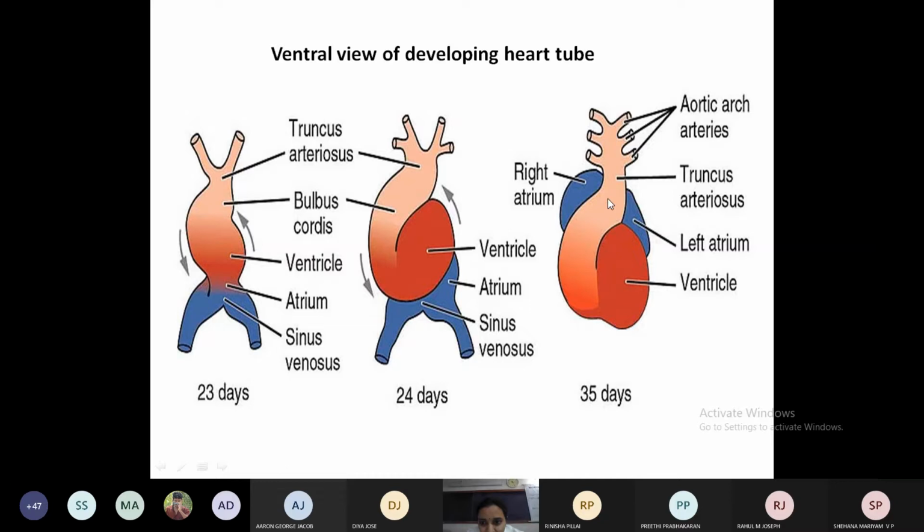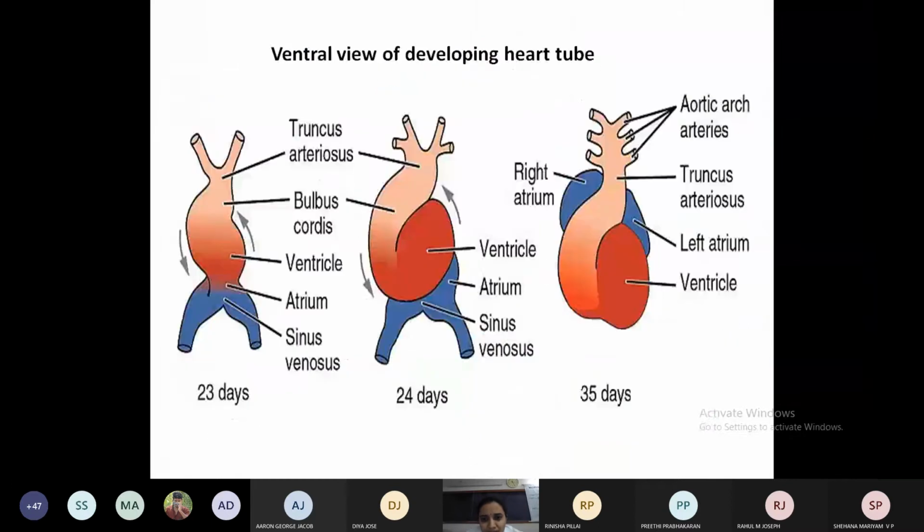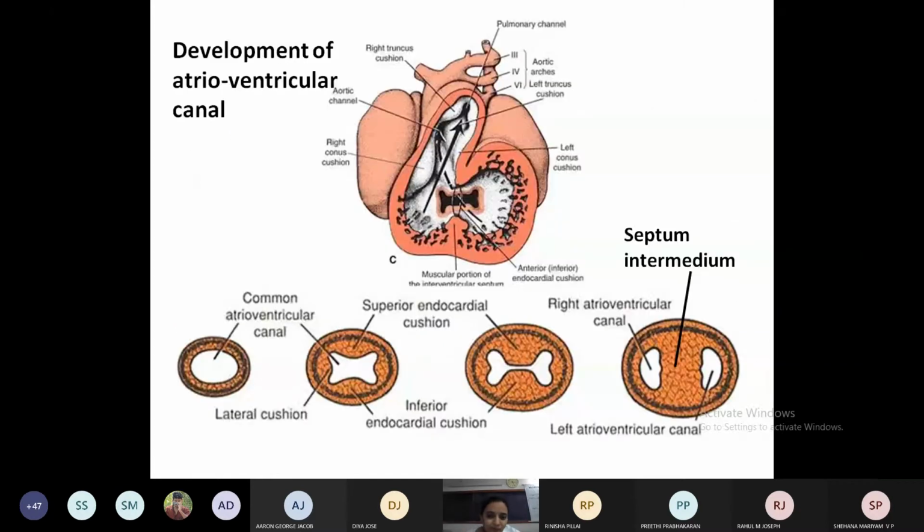If we take a section more in front, in the frontal plane, we'll get the ventricles. If we take a section behind, like a more posterior plane, we'll get the primitive atrium, like how the changes will be occurring. This is more in the frontal plane, so you can see the ventricular chamber and a single opening from which the primitive atrium will open into the primitive ventricle.